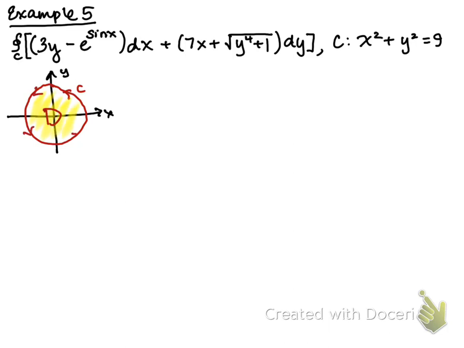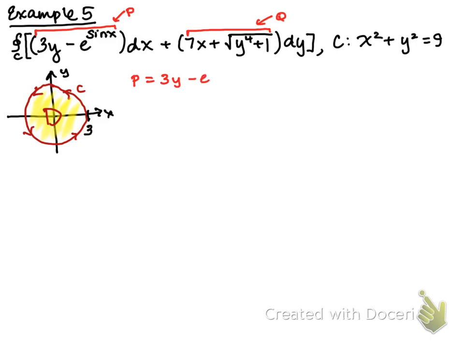Okay, and this is a circle with a radius of 3. Okay, now let's go back here. So this section here is my P. That's going to be P. And then this section here is Q. All right, so I have P is